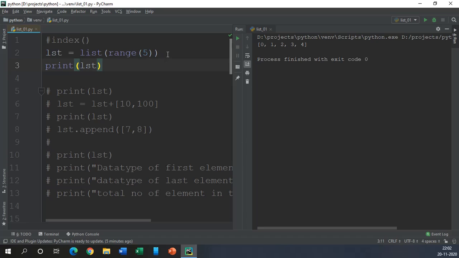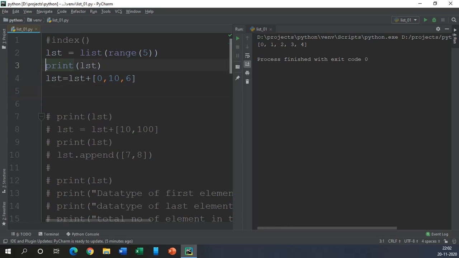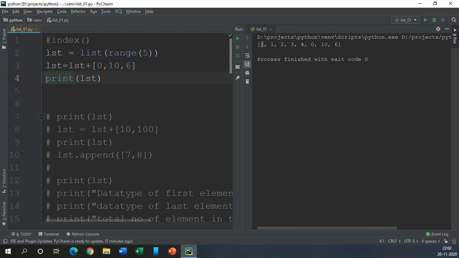Now what I want to do is modify this list so that it has some more elements. lst is equals to lst plus, let's say we have again 0, and we have 10 here, and we have 6 here. So we have a modified version of the list. Now let us execute this piece of our code and check it out. So this is our list. Intentionally I have added two zeros so that we have multiple instances of 0,